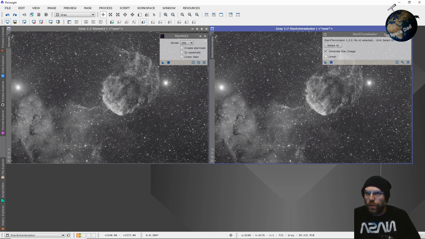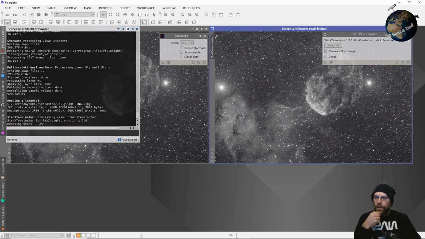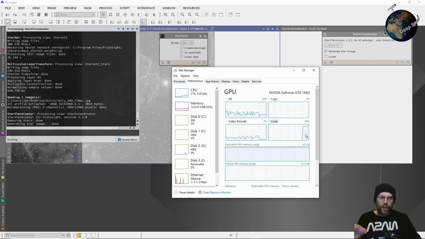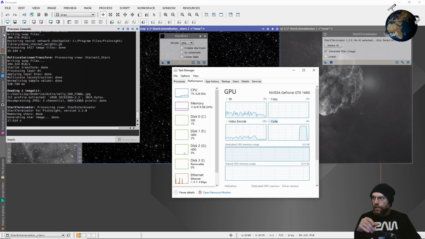Okay, so first we will do StarExterminator. This is the plugin that you have to buy. I don't remember, it was like 30, 40, 50 something. It was in that neighborhood. You can see it does use GPU acceleration. I don't know if it's going to screw up the recording, it might make it choppy. But it's very fast. It took 17 seconds,